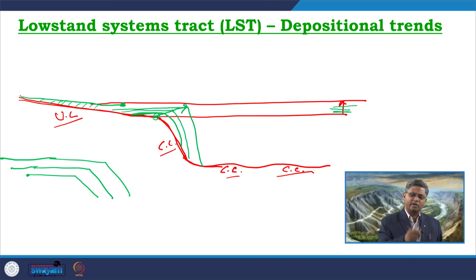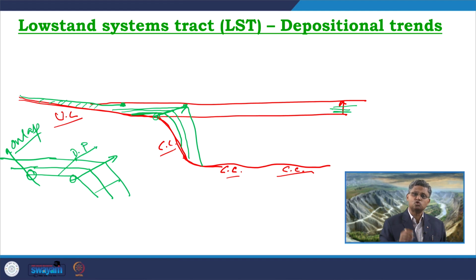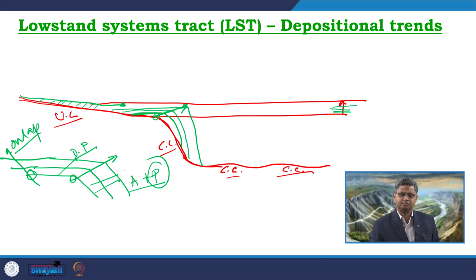So, what we are getting over here is the fluvial system showing an onlap towards the landward direction, whereas, as you can see over here, the shoreline is moving in this direction, which is indicative of a normal regression. This part, which is part of this delta formation, is the delta plane, and this delta plane is showing an aggradational pattern. The delta front is showing aggradation plus progradation, dominantly progradation along with that aggradation.